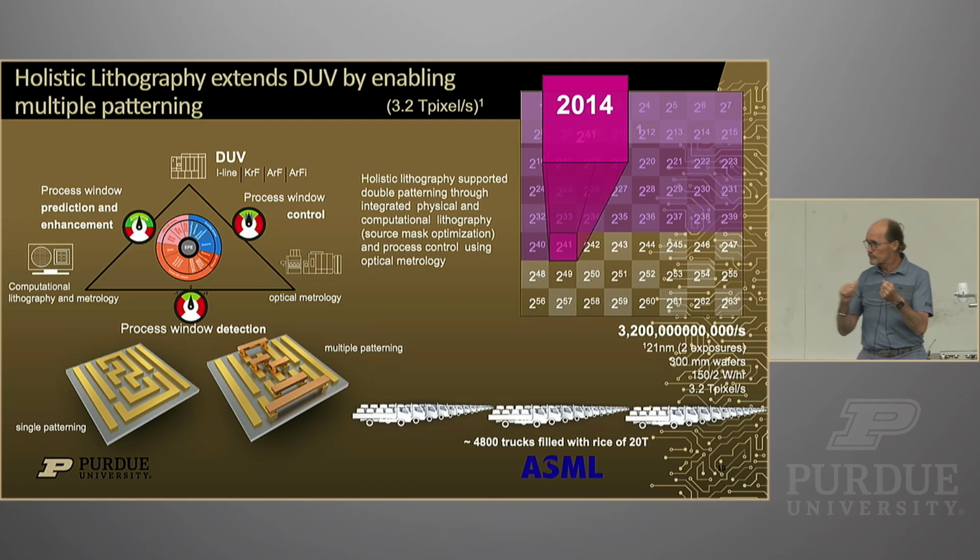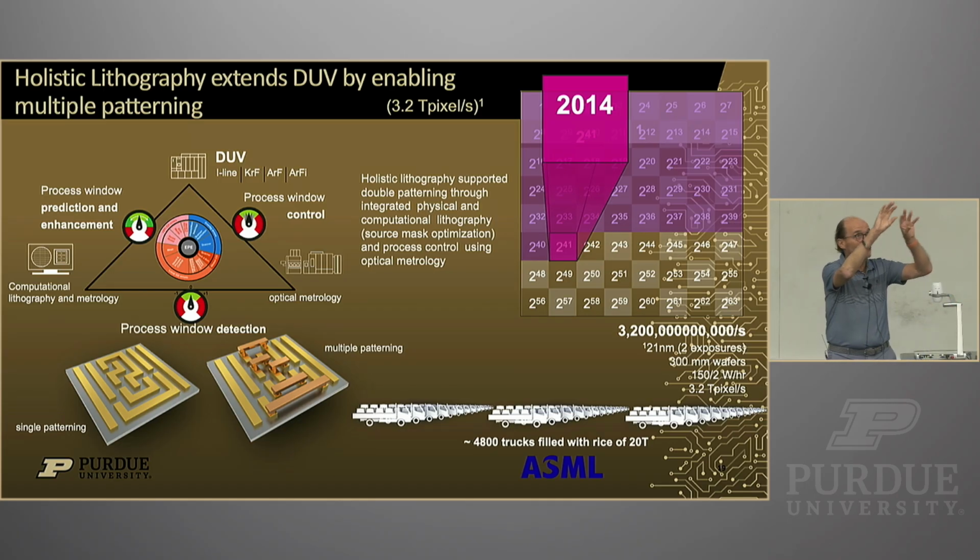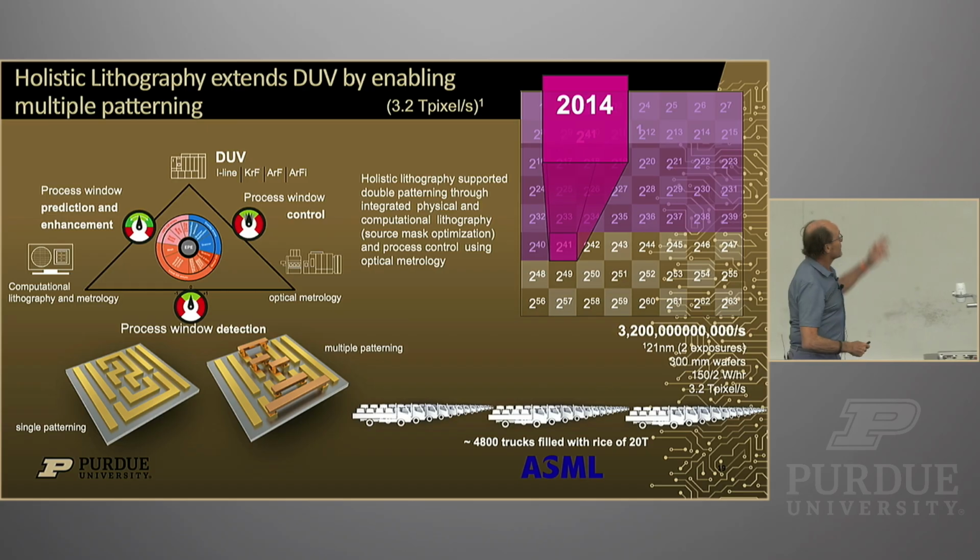So being able to use that computation to make the link between what you measure, probably means that this is going on with the process, has these consequences for all of the patterns that I have not measured. And therefore, now when I do my magic on the knobs on the scanner, it probably makes everything right. That was the concept of holistic lithography. And that drove us to the next level of, by now we're looking at 21 nanometer technology, 3.2, oh gosh, I'm starting to lose track of, 3.2 terapixels per second.